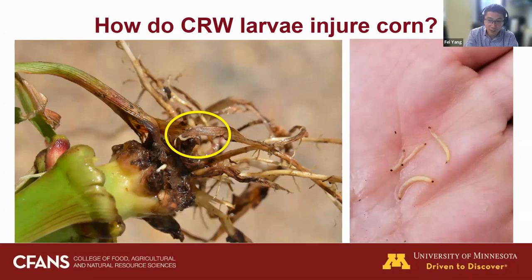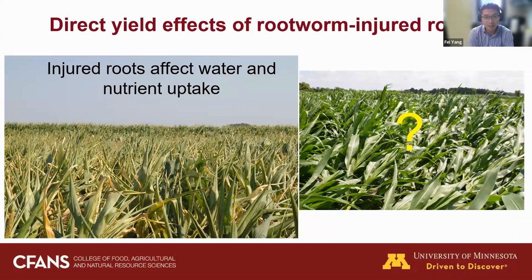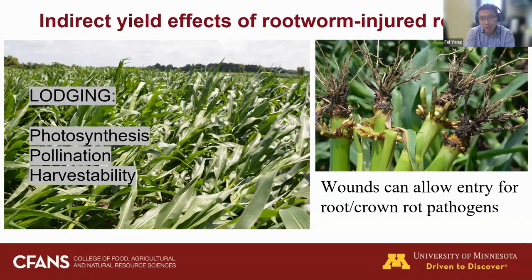So these larvae cause significant damage to the roots of the corn plants. And this kind of damage can cause a significant yield loss, because without roots, this will affect the water and nutrient uptake for the corn plants, which will negatively affect the development of these corn plants. And because of the undeveloped root system, these roots are very susceptible to water or to wind, and these plants can be lodged in the field in open conditions. In addition to the direct negative effect on yield, this root damage can also cause indirect yield loss, such as